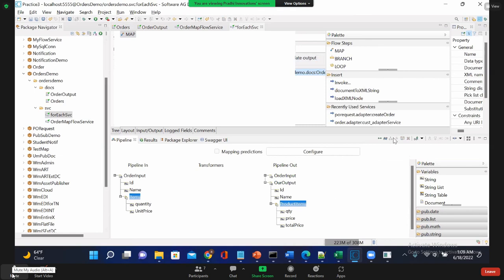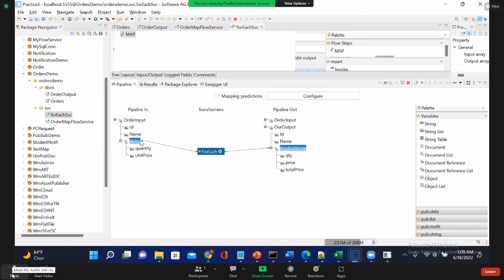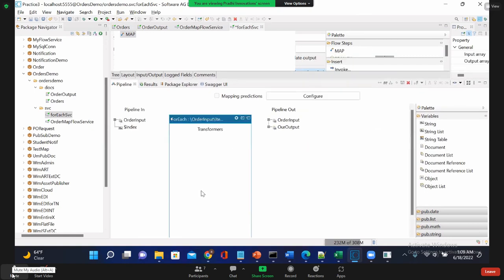I will select these two. I have this one option. Have you seen this? Create a for each mapping between selected array variables. I will select like this. Okay. When I click this one, this is a list and this one is a list. That's why for each came. Okay. Inside for each, what I will do is I will map it